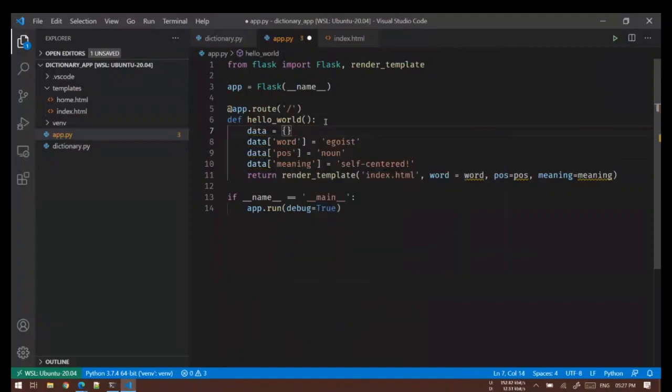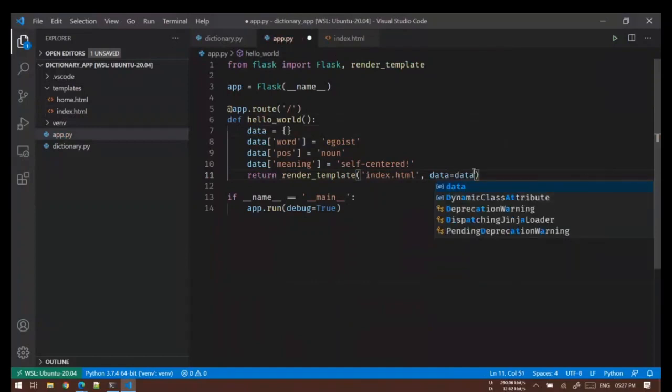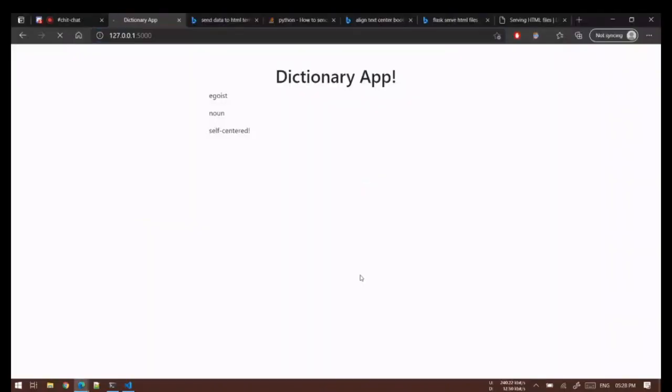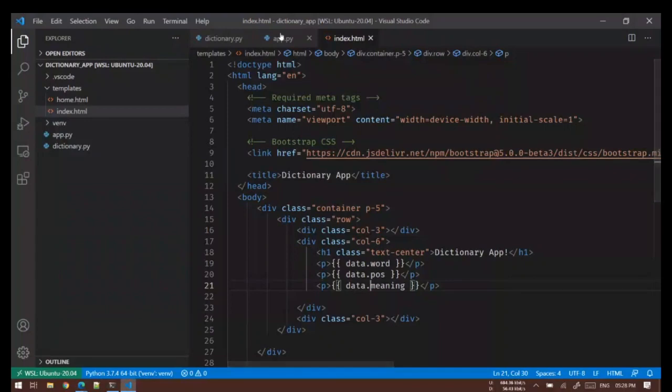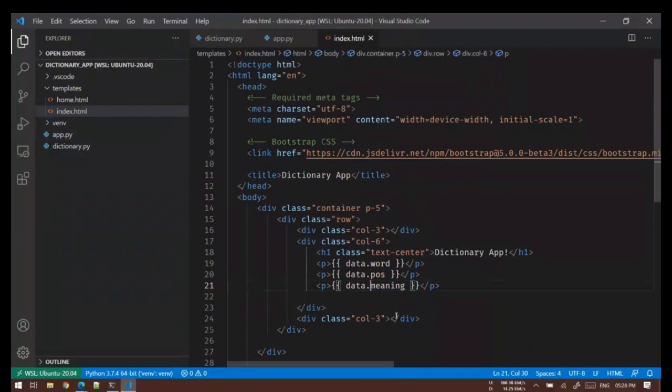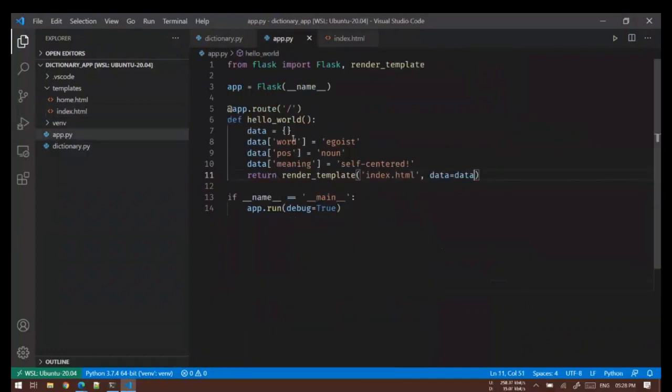So my data is basically an empty dictionary, and instead of passing all these different parameters separately, I'll simply say data is equal to data, and here instead of word, I'll say data.word, and so on. Okay. So now whatever data you want to pass, create a new key, and here just access it by calling data dot and the key.